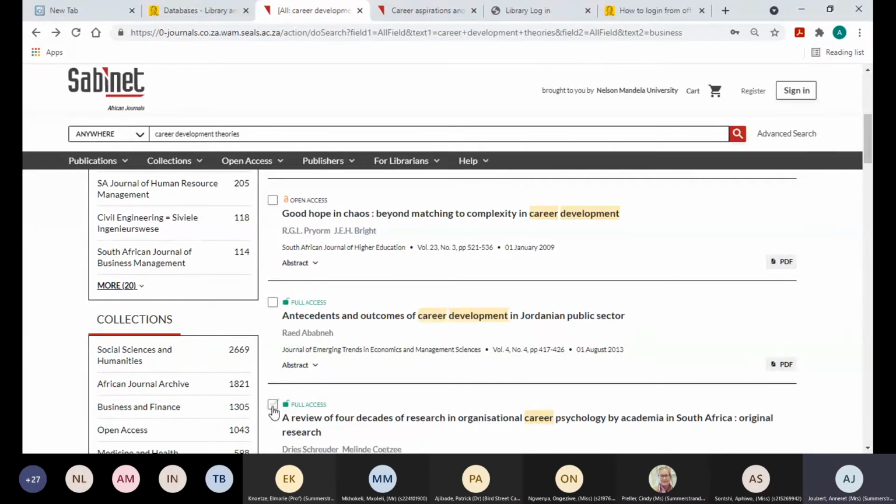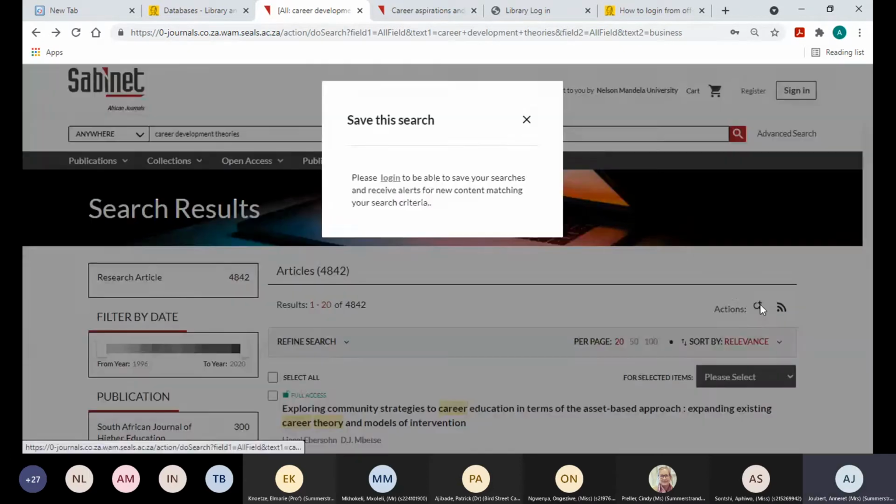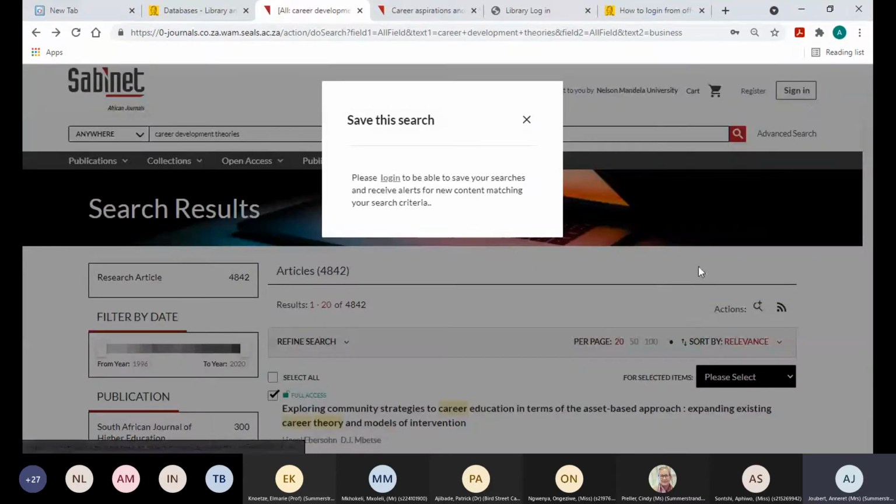Here we are. Okay, so that was this basic search. Then you also get an advanced search. I just want to see the actions here. If you want to save the search, for instance, let's look at this one. Save the search. You could put in,